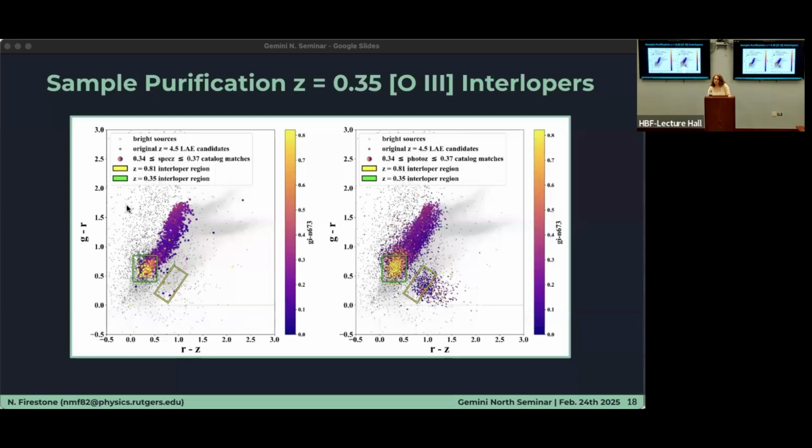Yeah, this is something we've thought about a bit. It's obviously more computationally intensive, but it's definitely doable and it's definitely an option. It's not something we've tried yet. One related idea that we've been thinking about is trying to use a convolutional neural network on the images, which is the same sort of idea, but a different technique where you're looking at all of the photometry, just a composite, and trying to do our LAE selection that way. But that has some issues when we're looking at dim objects. If you've ever looked at images of LAEs, they're like smudges.